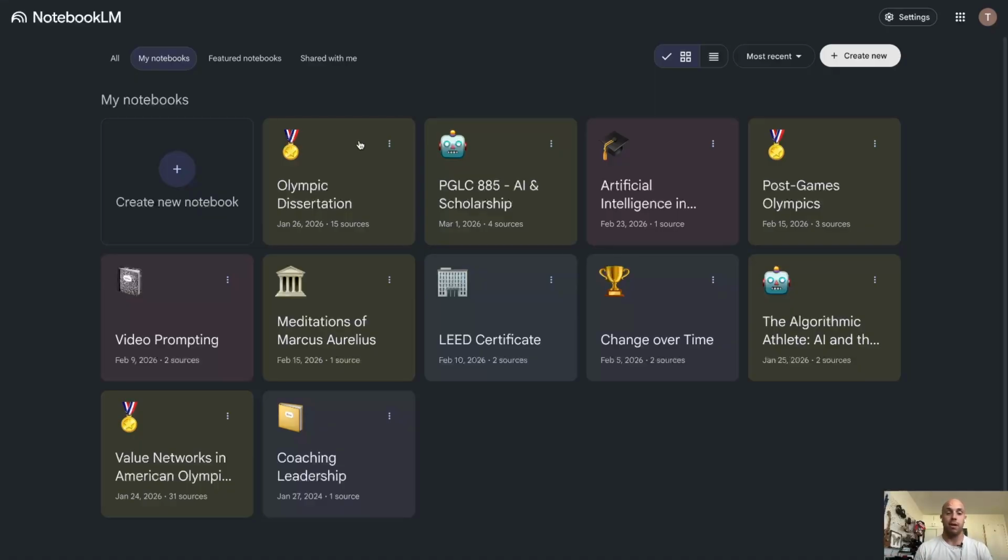If you're bootstrapping a startup, NotebookLM is a good way to act as sort of that assistant who can handle menial tasks, sift through data, for example, go through customer feedback, etc. So the possibilities are